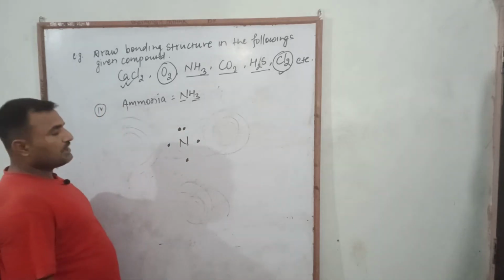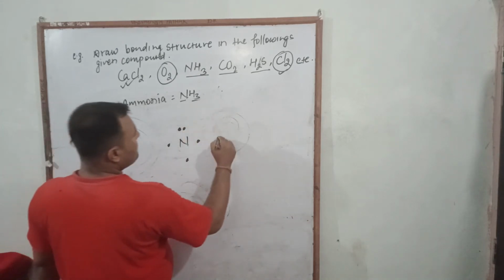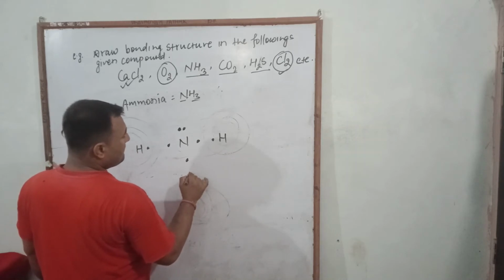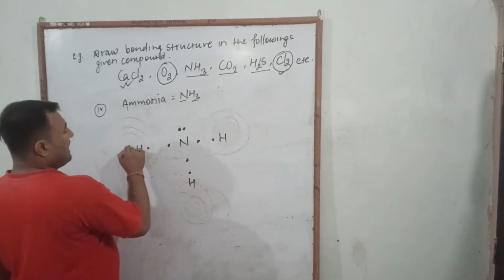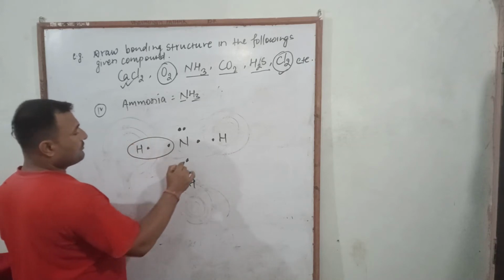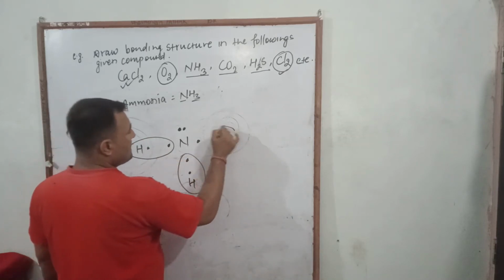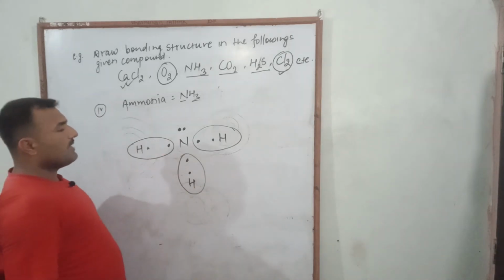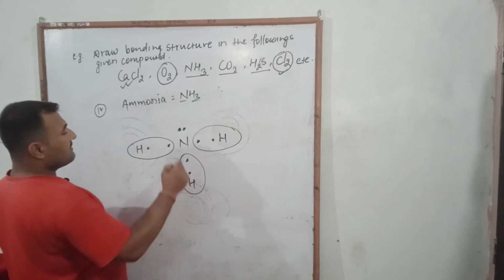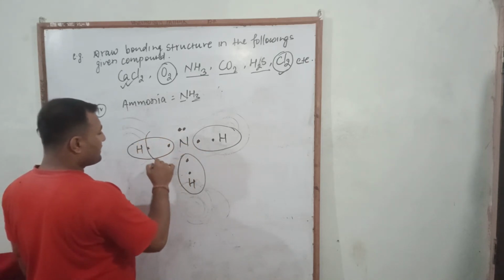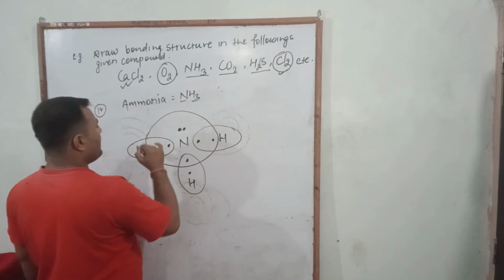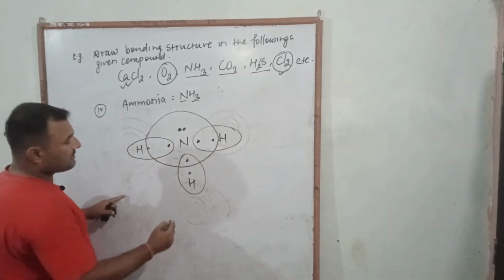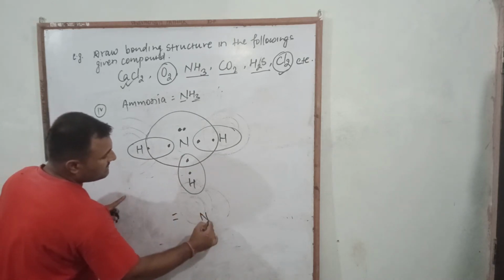Here 5 valence electrons are found in nitrogen, and then we put 3 hydrogen, each having only 1 electron. When each hydrogen shares 1 electron with nitrogen, the duplet of hydrogen is complete, and nitrogen, sharing 3 electrons, one from every hydrogen, completes its octet, and that bonding is like a